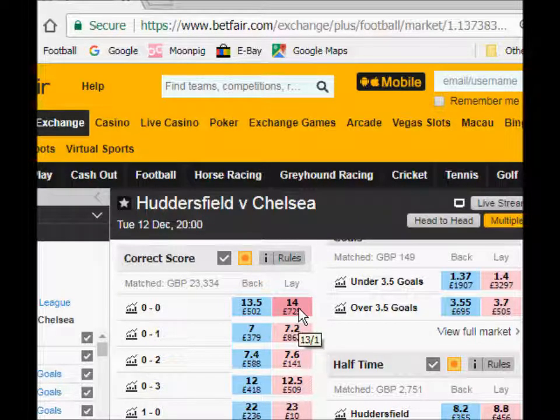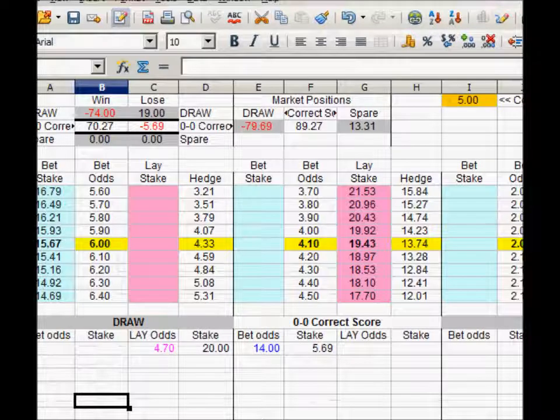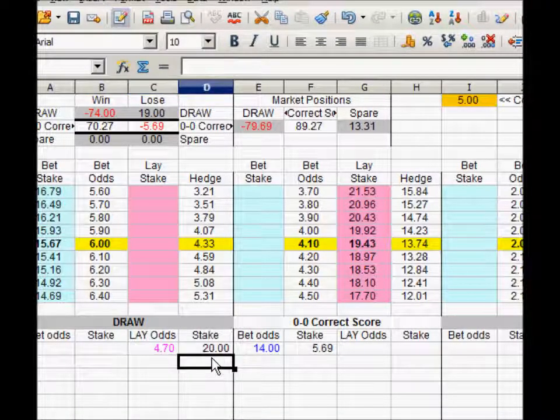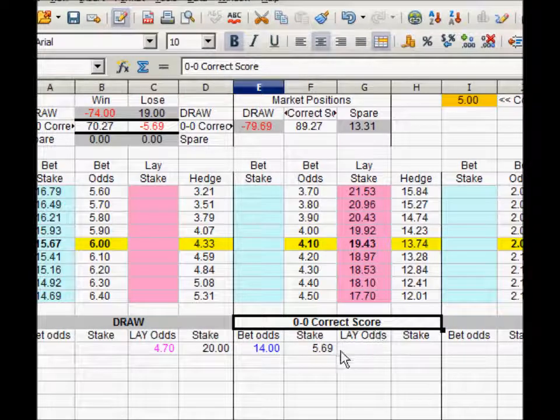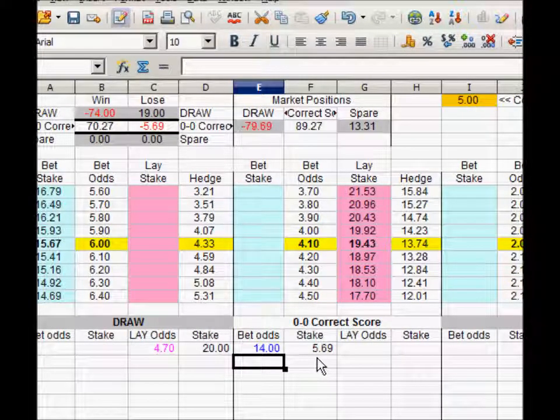So that's 4.7 and 14. Put those into a spreadsheet or whatever it is you use for your trading. And I've put a lay of 4.7 in for £20, and that's in the draw. And in correct score, I've entered in this spreadsheet odds of 14 to bet and